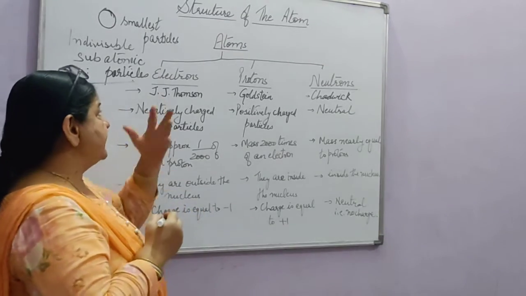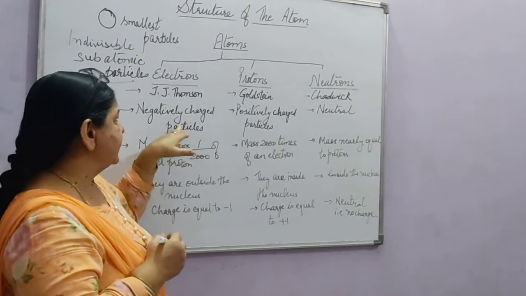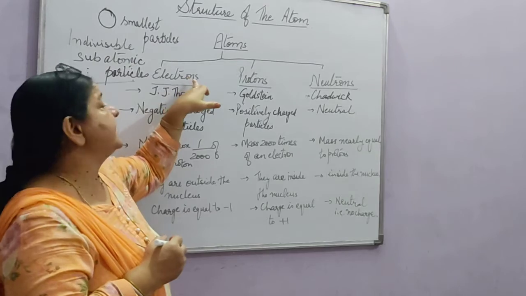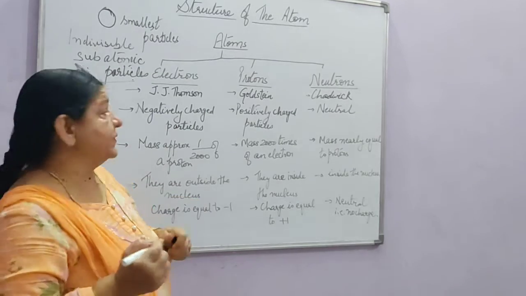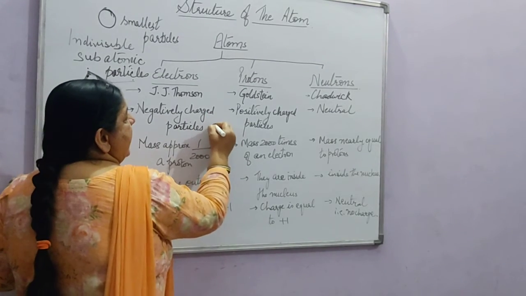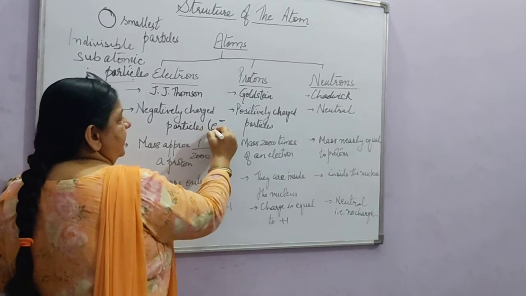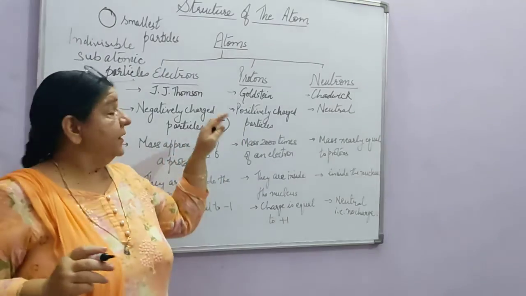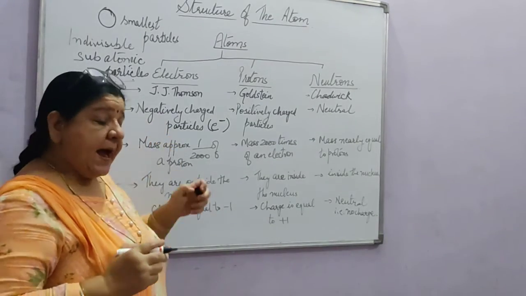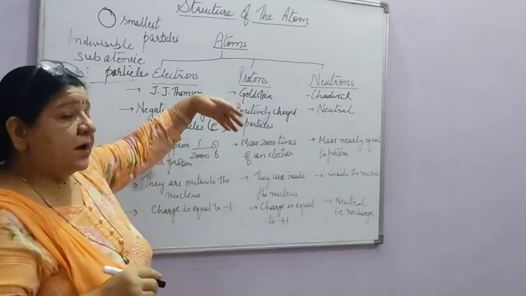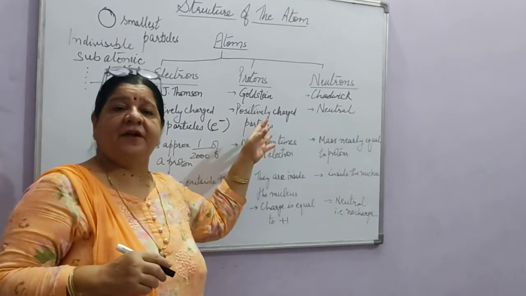Right? Now J.J. Thomson, he discovered that there are negatively charged particles present inside the atom, and he called them as electrons and represented them as e with a negative sign, right? So first of all, J.J. Thomson, he discovered negatively charged particles, and Goldstein, this was before this, that Goldstein, he discovered some positively charged particle